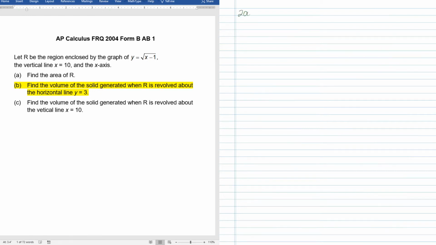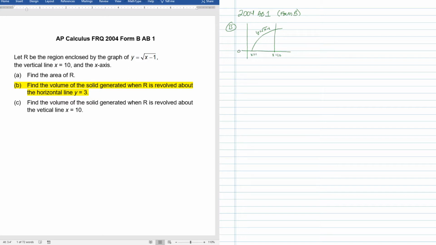Going to do the question 2004 AB number 1. This comes from Form B, and we're specifically looking at question B. The graph of y equals square root of x minus 1 is being cut off at x equals 10